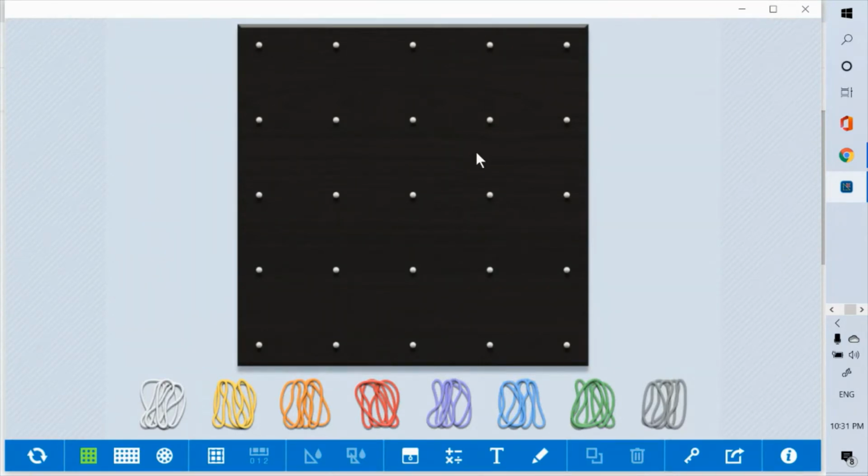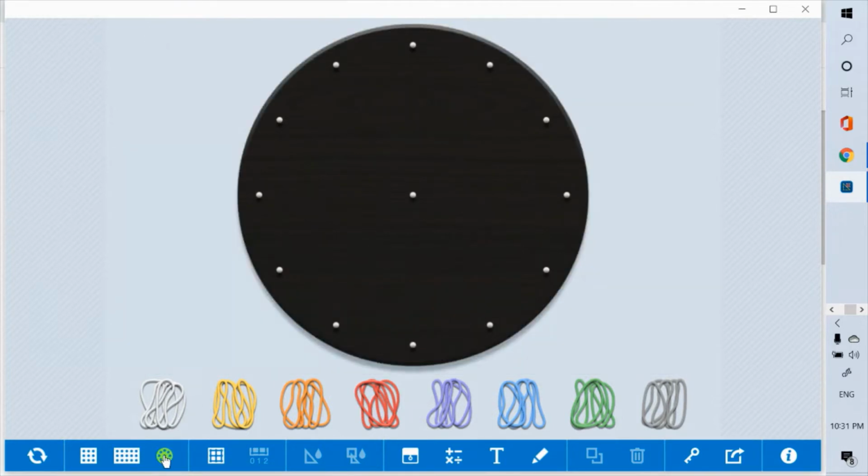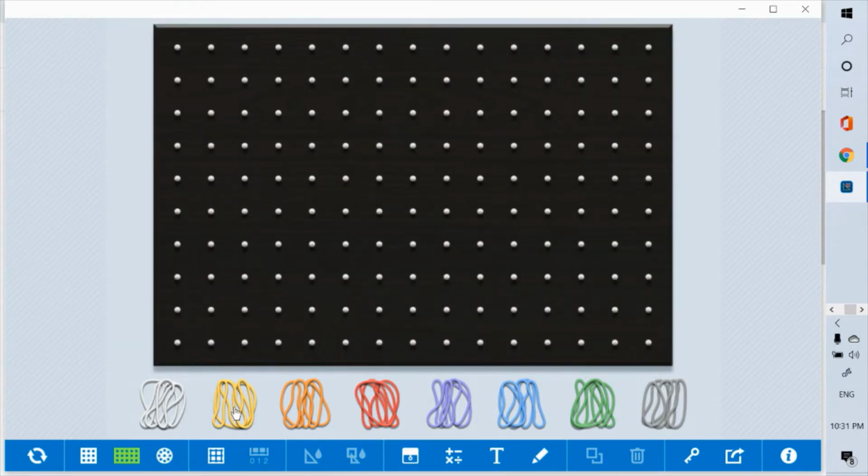The app gives you three GeoBoards. One is this 25 pack square board, then a 150 pack rectangular board, and then it also gives you a circular board. So it's up to you what you want to choose. It gives you rubber bands to make the shapes, so it is up to you if you want to give it as an activity to the children to use different rubber bands and make whatever shape they feel like making. Or, as a math teacher, you may want them to make some polygons, and if they want to use different colors, they can do it.